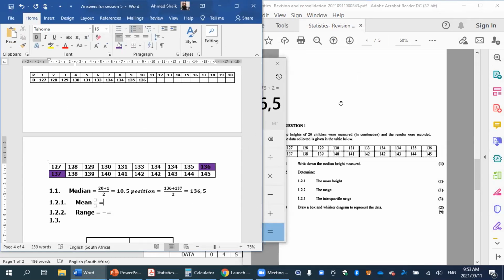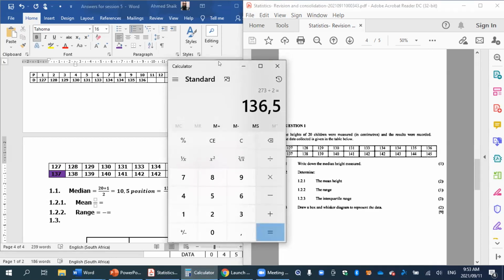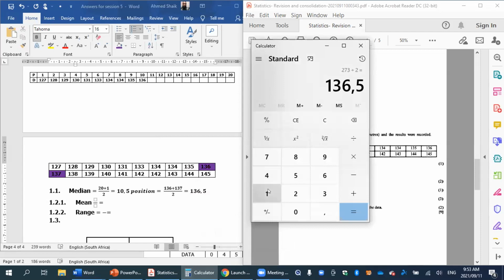Okay, so we're looking at question 1.2. It says to determine the mean height. In order for us to calculate the mean, it's the sum of the entire data set divided by the number of data values in our data set. Okay, let's calculate our sum of the data set. So first value is 127 plus 128 plus 129 plus 130 plus 131 plus 133 plus 134 plus 135 plus